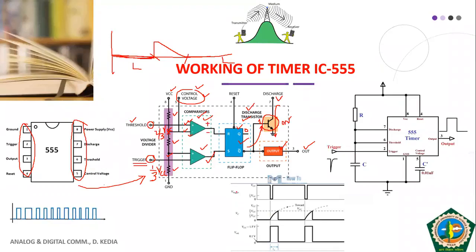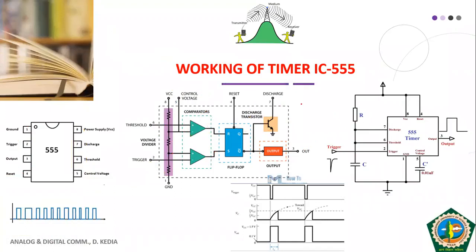So students, here we have discussed the internal diagram of our timer IC, that is IC 555. Now we see some more details on how this 555 timer IC works in monostable mode. I told you that IC 555 has to be operated in monostable mode to work as a PWM modulator. So I'll move to the PWM modulator circuit in the next slide. But before that, I want to explain the working of IC 555 in monostable mode.